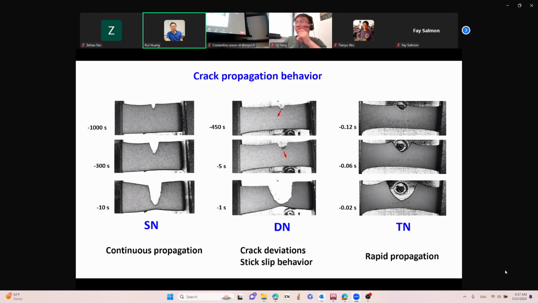Now, if you move to the moderately pre-stretched, you get a deviation, which we don't fully understand. So I will not talk too much about this case, but you can see that the propagation is a bit faster. It starts well before the sample breaks, but it's over seconds. Now, if you go to the highly pre-stretched material, which is the toughest by far, the crack doesn't propagate until about 120 milliseconds before full fracture, and it takes about 100 milliseconds to break the sample. Even though this is not visible in the stress-strain curve, the fracture is quite